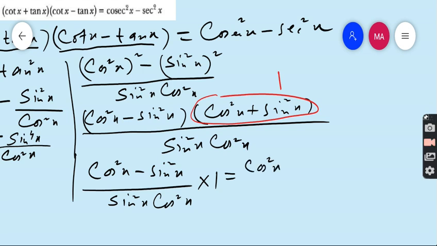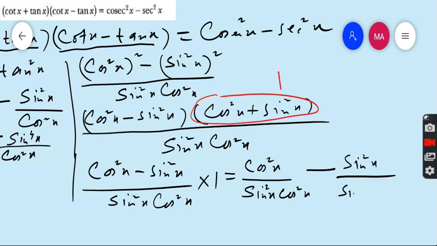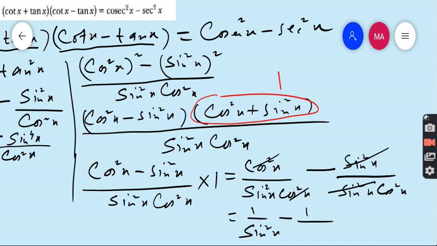Cos square x, and write the denominator sin square x cos square x, minus sin square x upon sin square x cos square x. This cos square cancels by this cos square. The remaining is 1 upon sin square x, minus this sin square cancels by this sin square. The remaining is 1 upon cos square x,